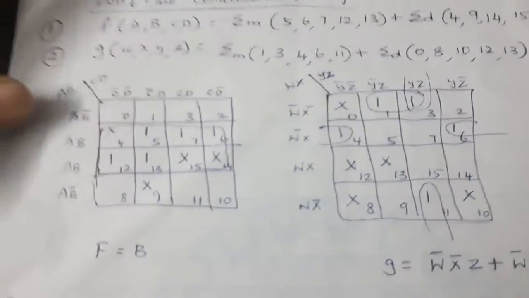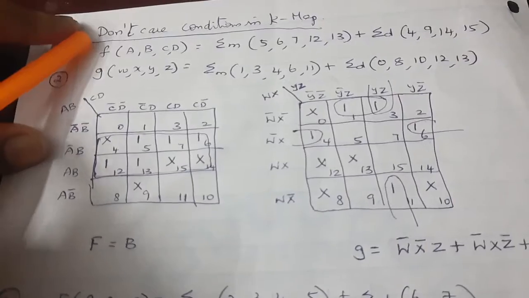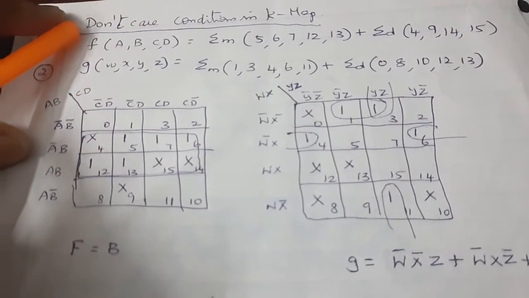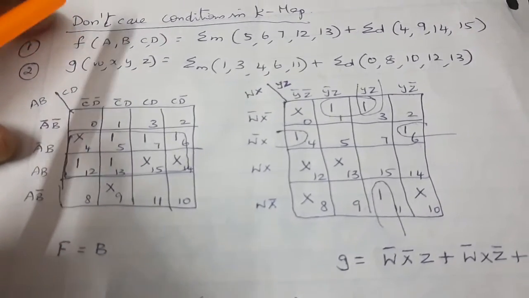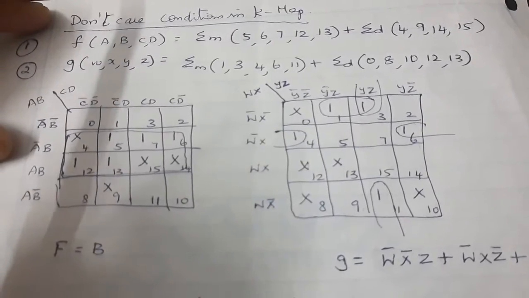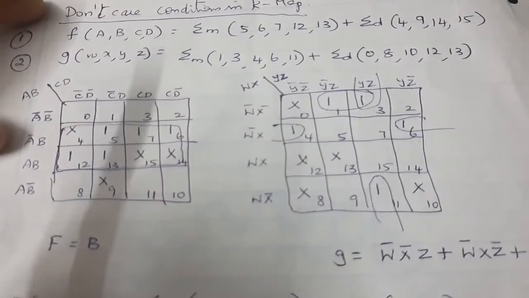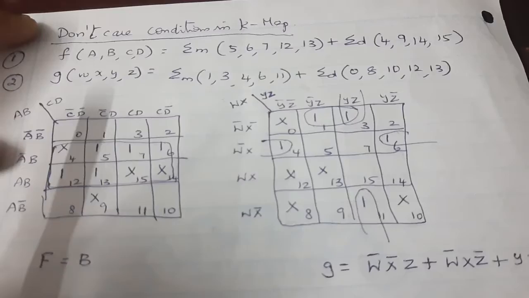Now we are going to move into the next concept. We are going to include the don't care condition in the K-map, which means that along with the min terms, certain don't care conditions will be added. A don't care can be treated as 1 if it is adjacent to a nearby one. So further minimization is possible.